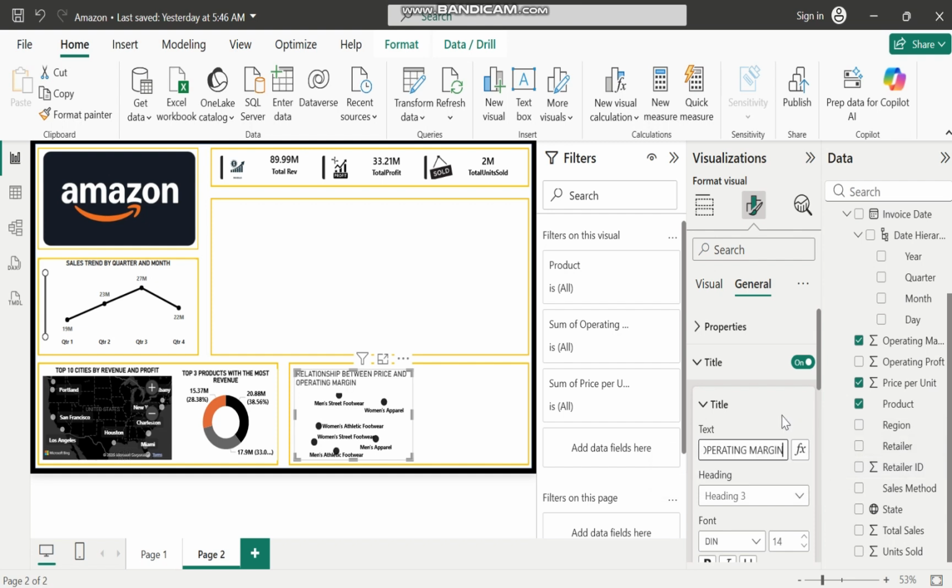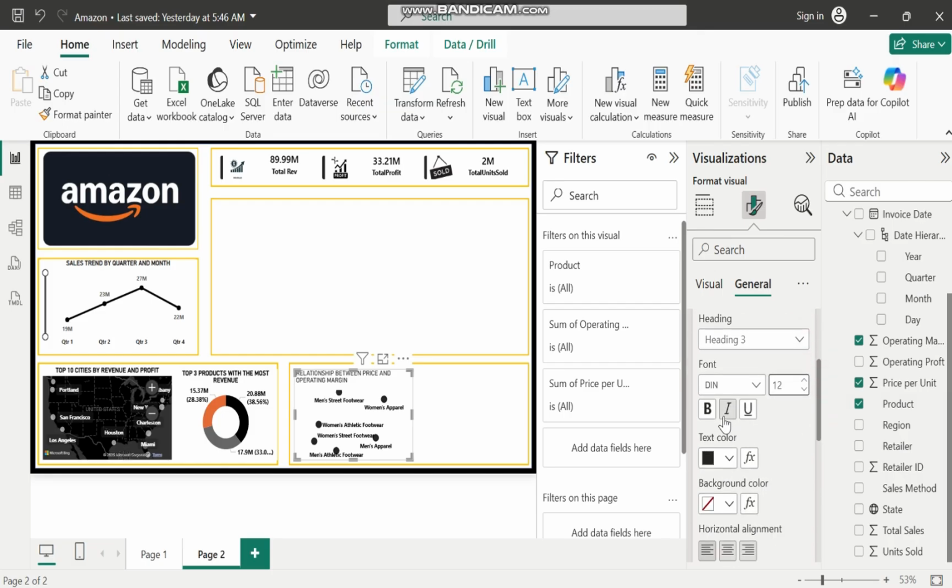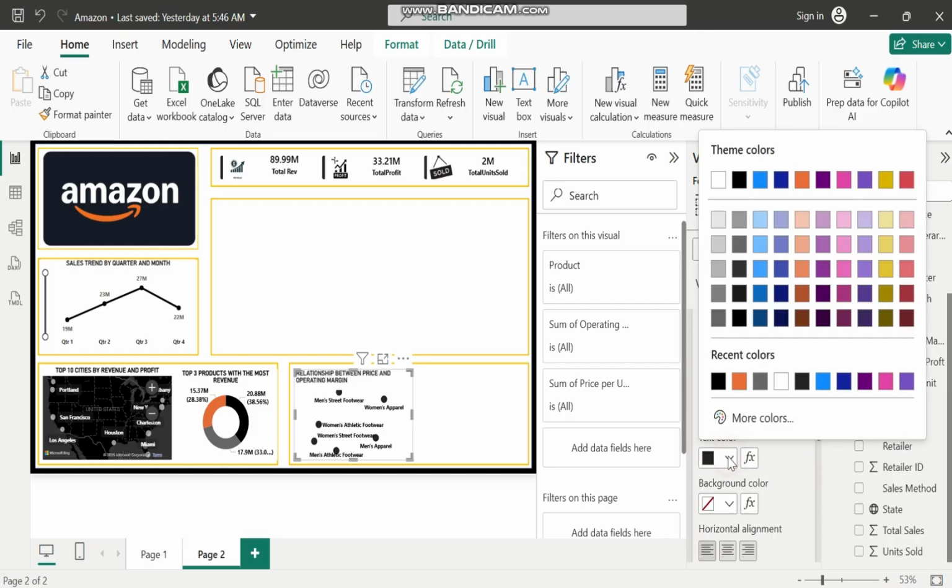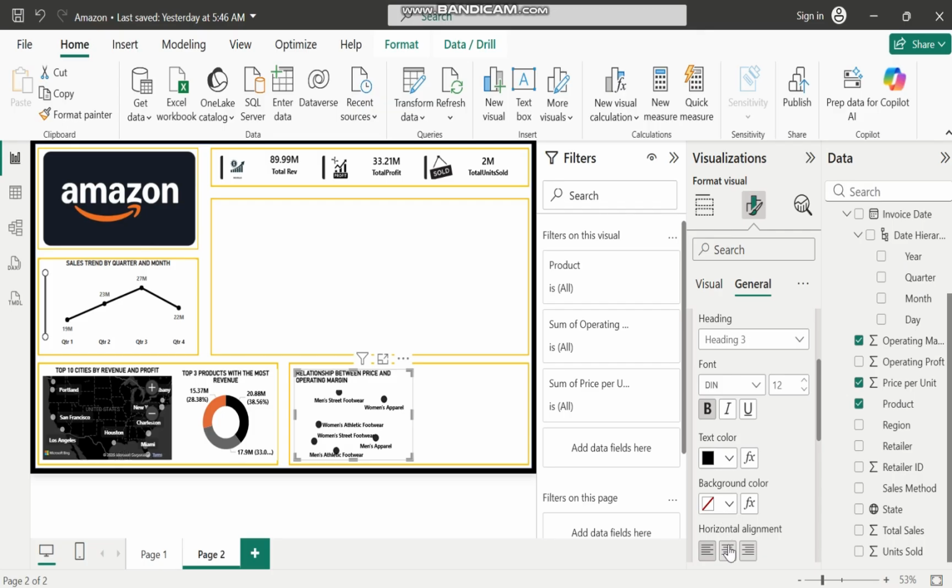All right, so you can just say relationship between price and operating margin. Now let's reduce this. Okay, and then I'm just going to make this bold, and then for this I want to be sure it's actual black, and then we put this in the middle. And so you can simply see that this particular product, the main street food, the price and the operating margin is actually the best. All right, so you can see right here, the unit price is 71,220 and the operating